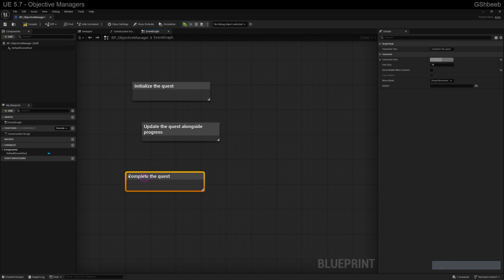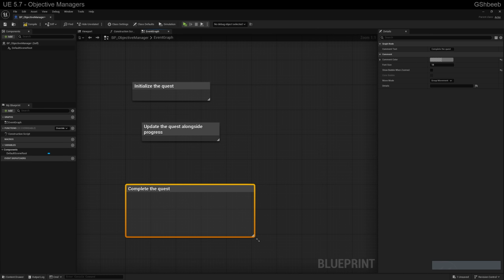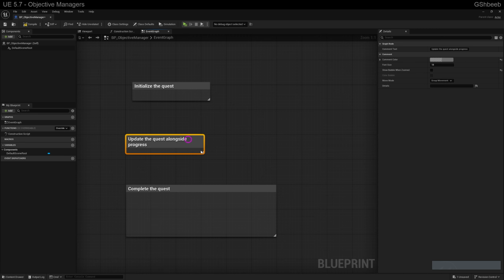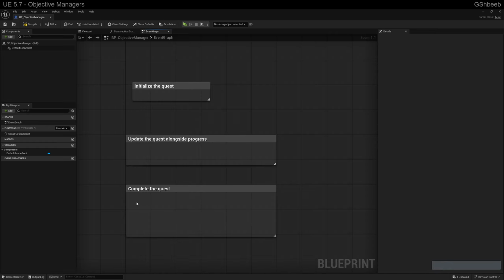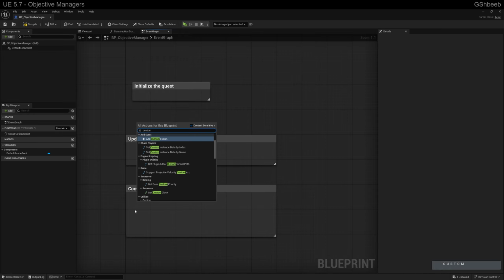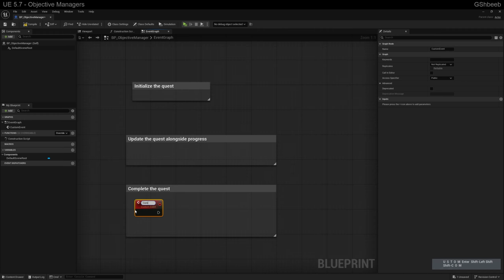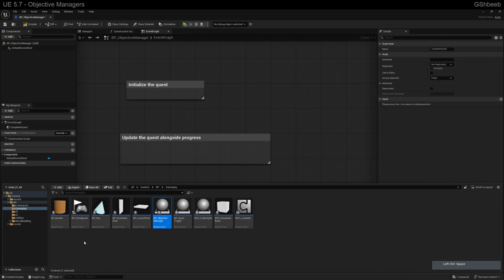So some of these things will have a very clear vision of how to do, and some of these things will take a little bit of consideration for what your project is going to need. So we're going to start off at the end with the complete quest. I'm going to create a custom event called complete quest. And what this is going to do is send out some activation to an actor in the world. So we're going to create a generic class that's going to allow other classes to be inherited from it